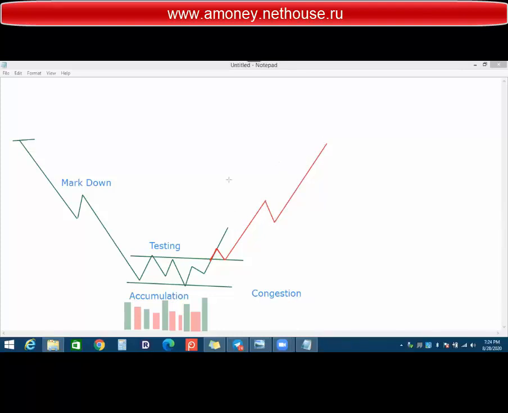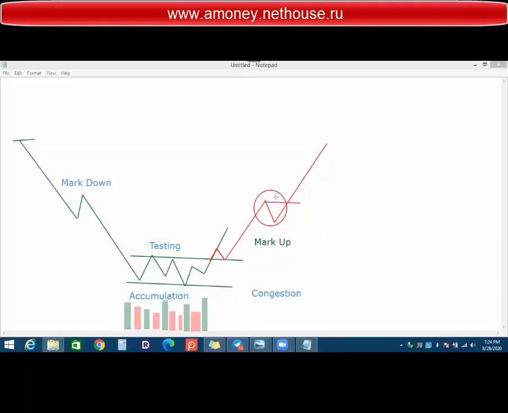Here now, look at it. When the market moves up from this area, this area of movement in the up direction, we will call the markup. These are the basic things you just need to understand. But in the price action, we say the uptrend, minor uptrend we can say. But in the VSA language, we will say that is the markup. So in this area, this is the pullback area. In this pullback, when the market again crosses this level,